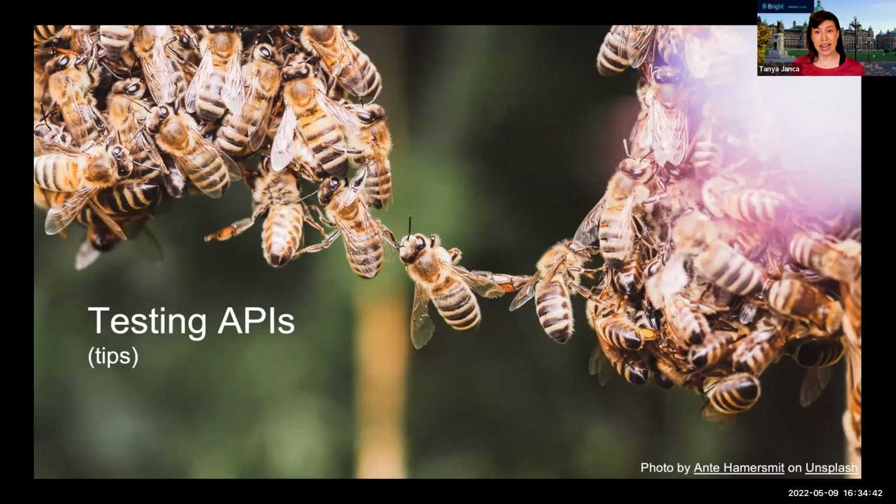So let's say it's a date. Okay, so if it's a date of birth, it must be in the past. Cool. Can it be more than 150 years in the past? No. What is the date format? It's this date format, etc. So if you go through and add all of those things,